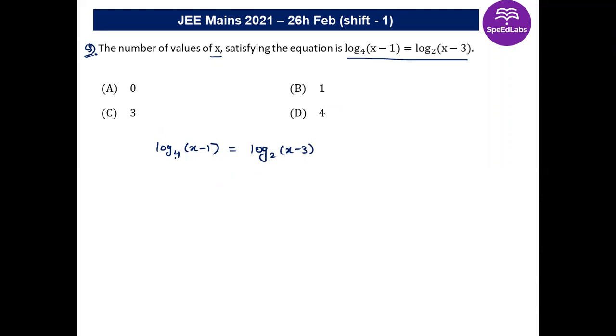So first of all, let's try to make the bases equal, right? Here we have 4, here we have 2. So instead of that, let's make them equal. So I can write this 4 as 2 square over here, right? And now using the property of logarithm, this 2 square, if this is 2 to the power something, this will come in the division of log, right? So it will be 1 by 2 log of x minus 1 to the base 2, and here it will be log of x minus 3 to the base 2. Simply let's cross multiply it.